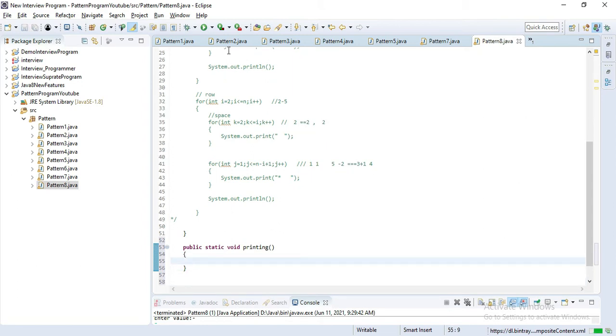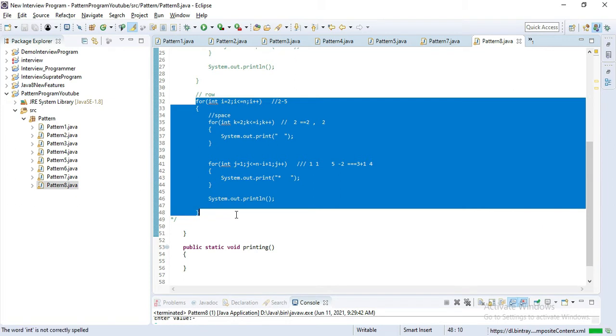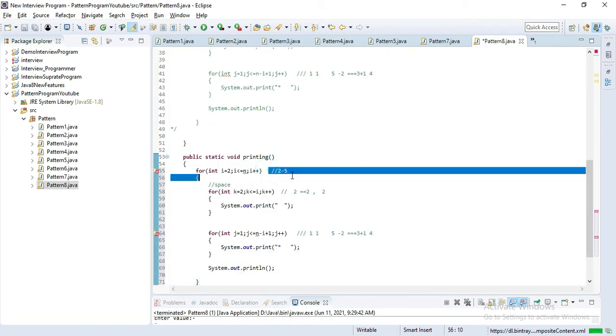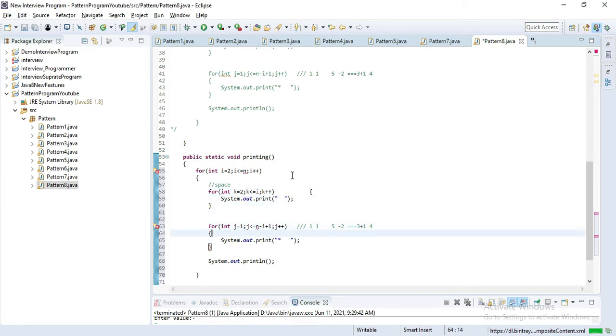Now here we will copy all the code of one for loop. Let's copy and paste it here, and remove this commented code, also this, we don't need this commented code, and also remove this code.